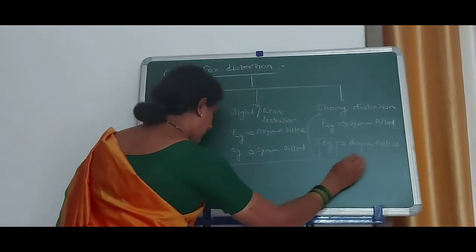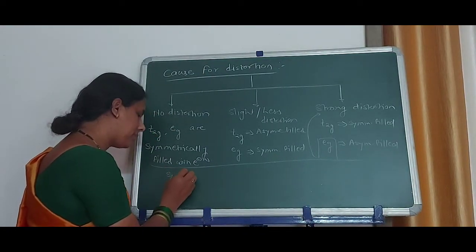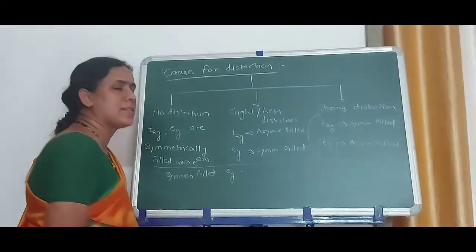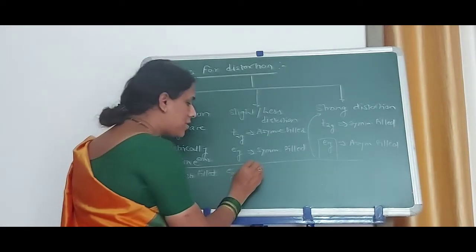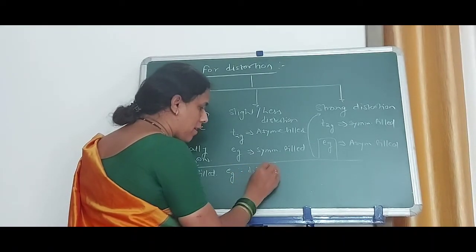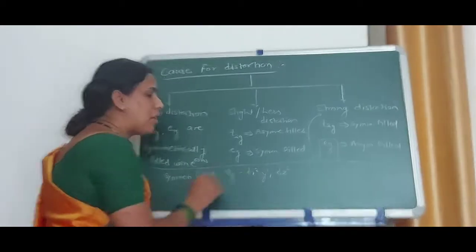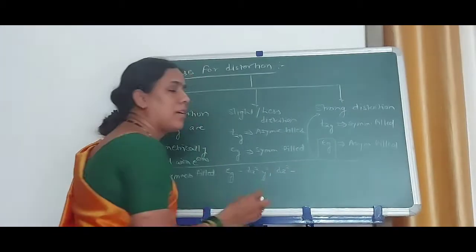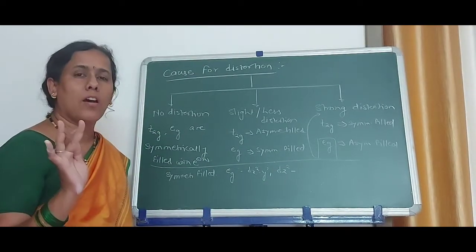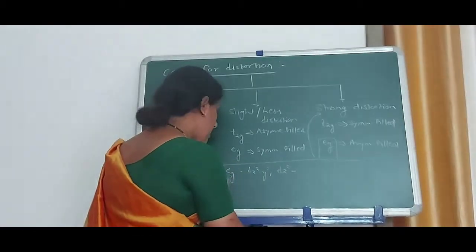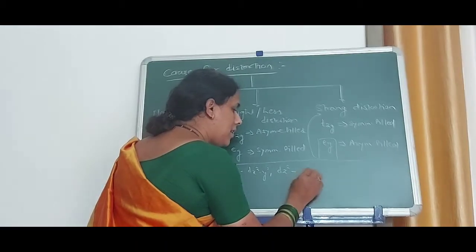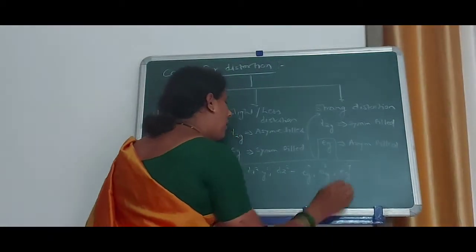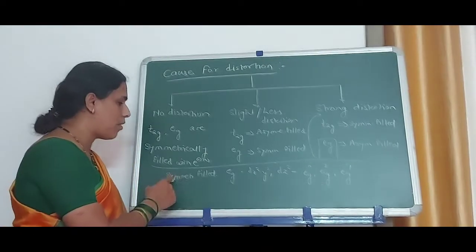Let us see here. Symmetrically filled means, originally how many Eg orbitals are there? That is 2 orbitals. Which are these two orbitals? dx square minus y square and dz square. The capacity of each orbital is only 2 electrons. Symmetrically means empty, half filled or completely filled. This is called symmetrically filled. That is equal to when Eg 0, Eg 2 and Eg 4 electrons are filled in these orbitals. It is called symmetrically filled.